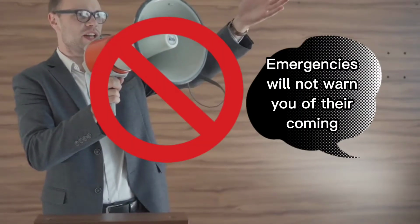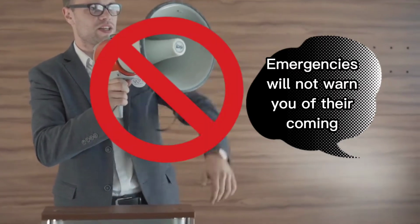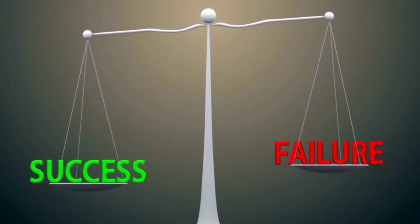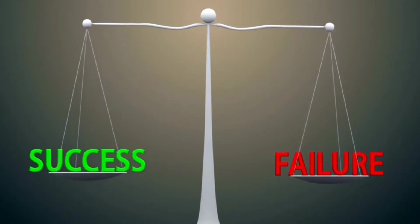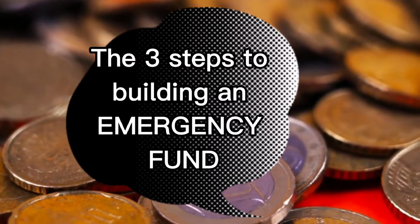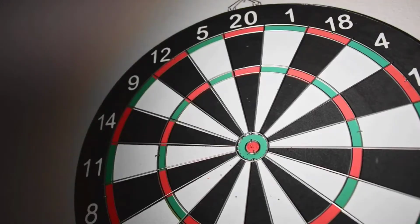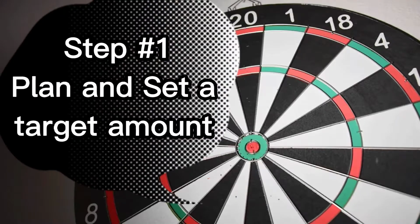Indeed, emergencies do not announce they are coming, and as such, having an emergency fund can make a huge difference between your financial success or failure. Keep watching as I walk you through the 3 basic steps you can follow to build an emergency fund for yourself. The first step you need to take in building an emergency fund is to plan and set a target